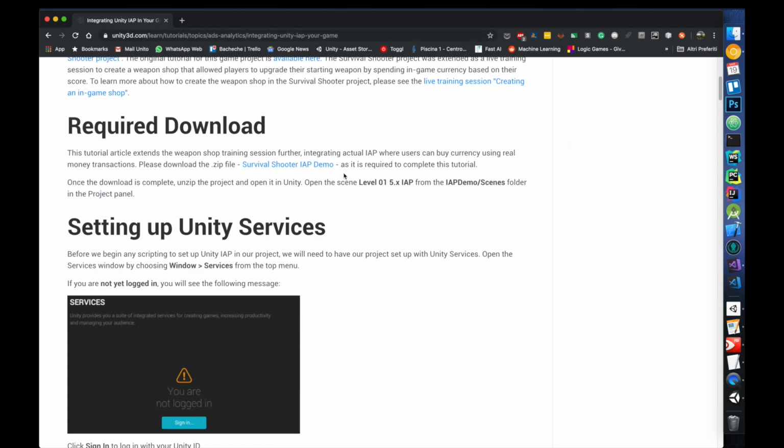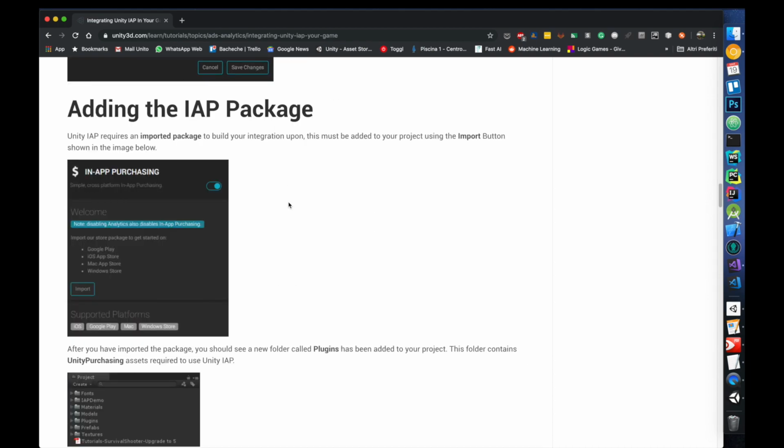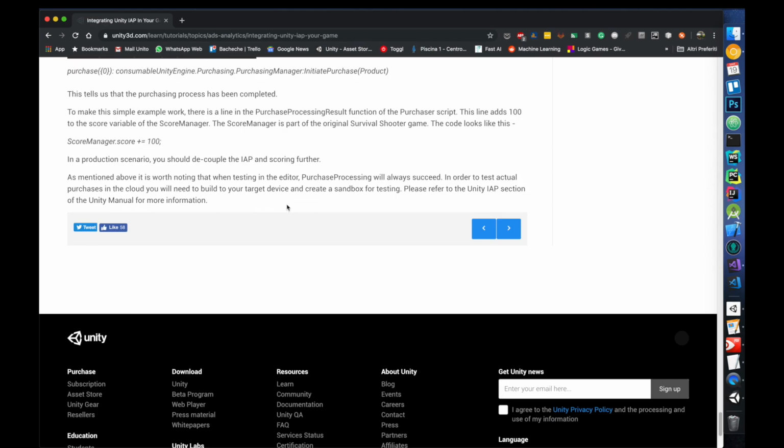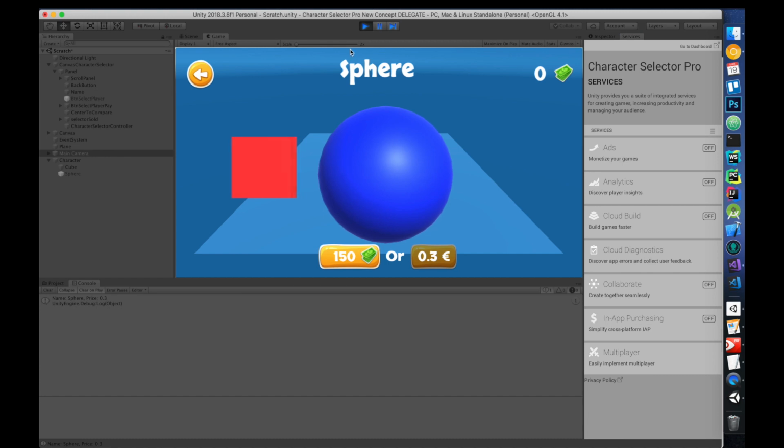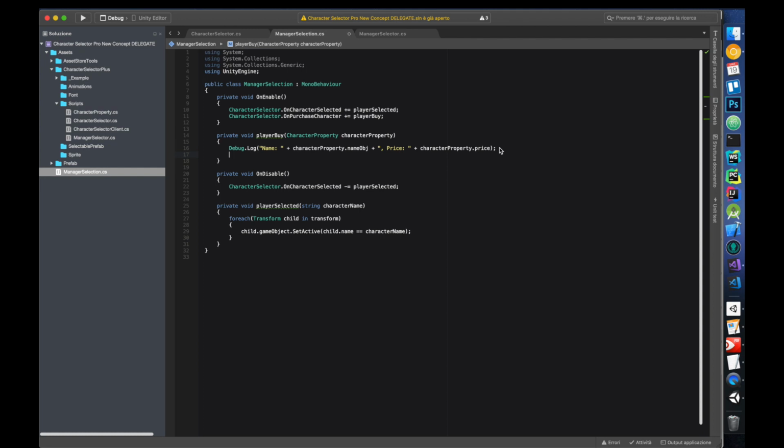So you can just search for it on Google, and it will show in detail how to add your strategy for in-app purchasing. And here we can simply suppose that we already did that and just unlock the object. So here you will be calling the in-app purchasing services, and then you can unlock the player